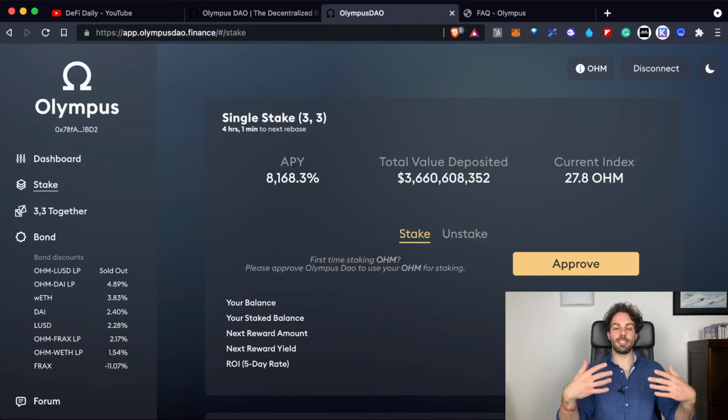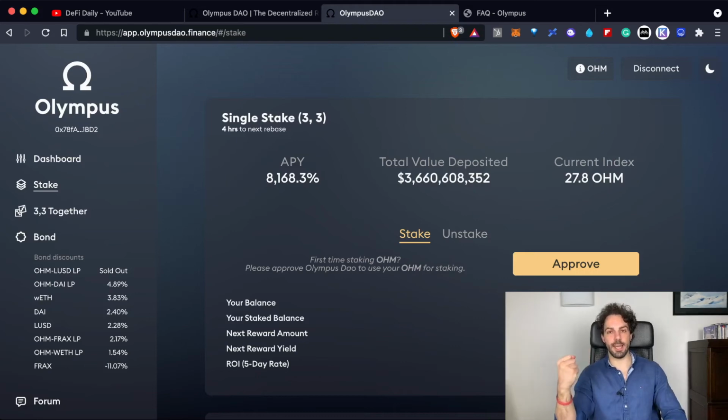So as you can understand, Olympus Dao is working on the game theory, so it is creating some incentives for the people who are staking. In order to stake, you need to own some tokens that you can buy from the market, or you can use the bonding feature in order to acquire them. In this way, the protocol is sustaining the price, and also at the same time, it is creating some incentives for people to bond